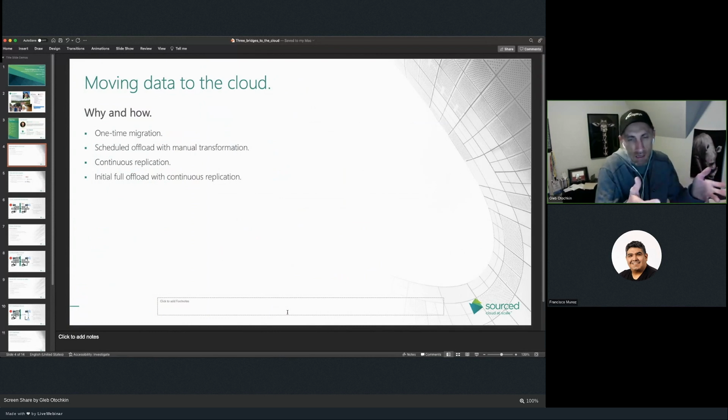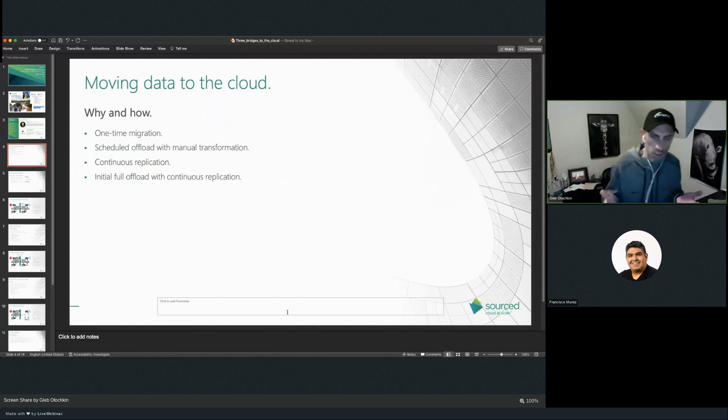And sometimes it is just a political decision. So I'm not going to chase down why people choose one cloud or another, but rather I would discuss technical aspects of that. So sometimes we need to just schedule offload with manual transformation. It is possible, it is easy. You upload data to a flat file, to some different formats, CSV file, whatever. Then you apply some pipeline to get that data and put it to the cloud storage.